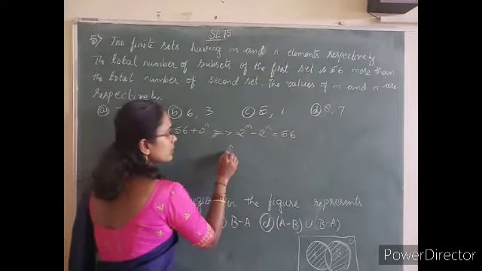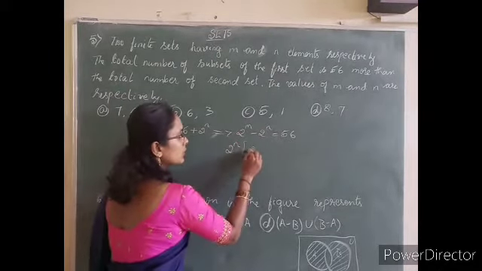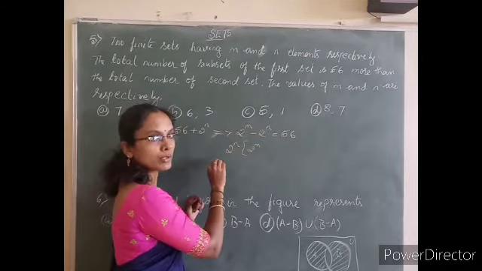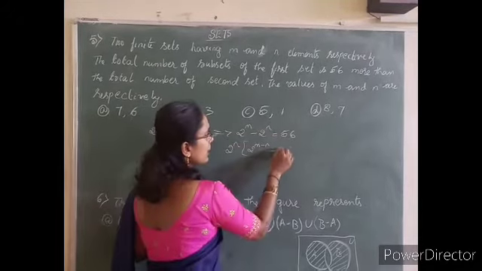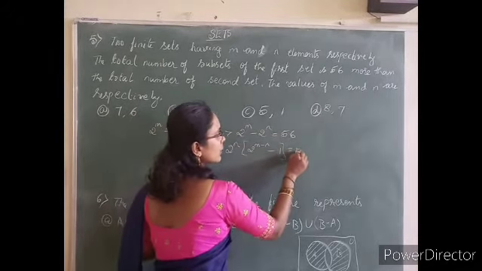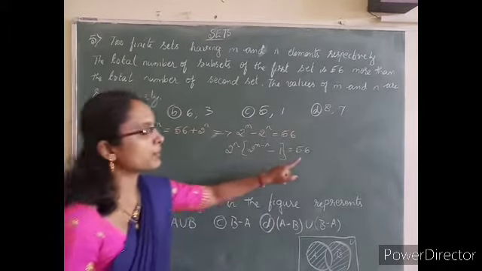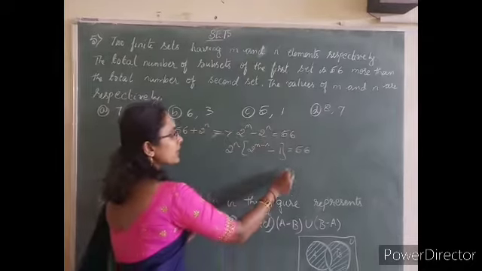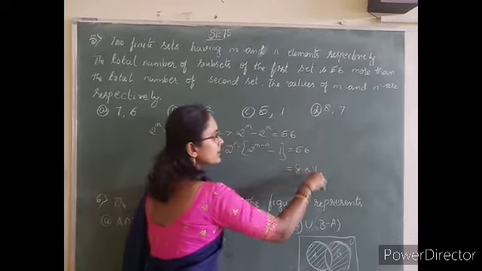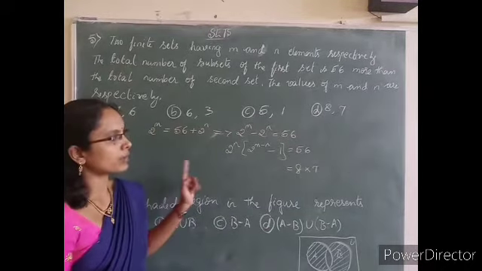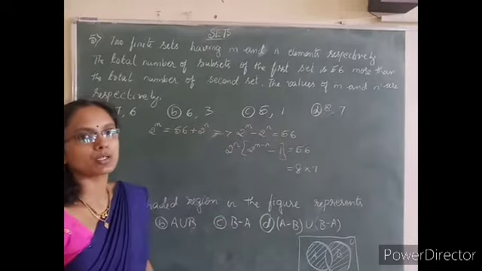From these two terms I can take 2 to the power n common, then the remaining is 2 to the power m minus n minus 1, so that 2 to the power n times that is equal to 56. That is, the product of the two numbers will be 56. By inspection we write this as 8 into 7. So the product of the two numbers is 56, so I'll take 8 and 7.